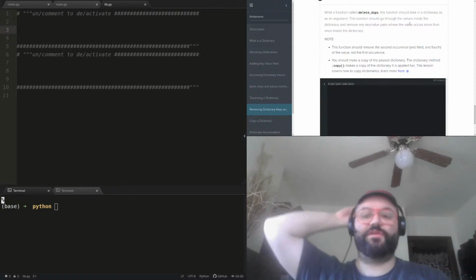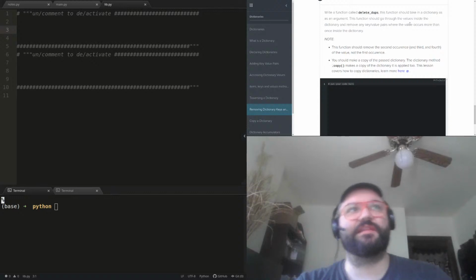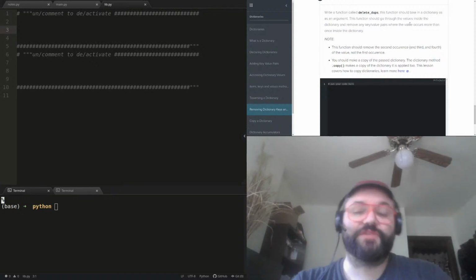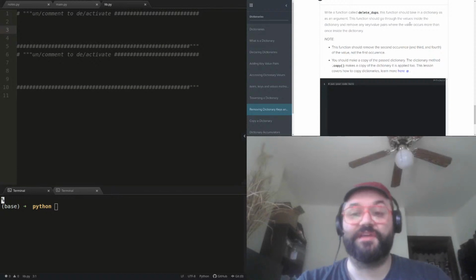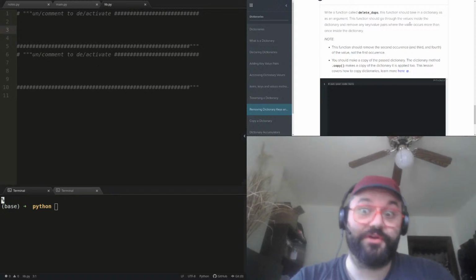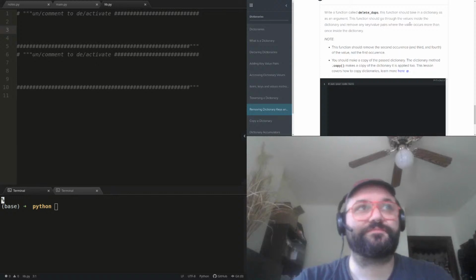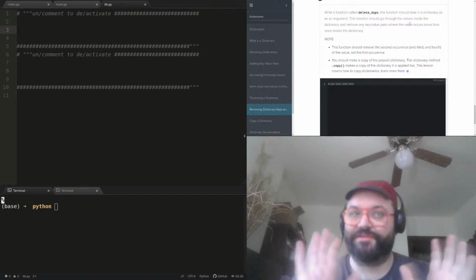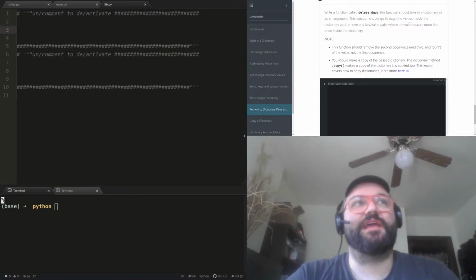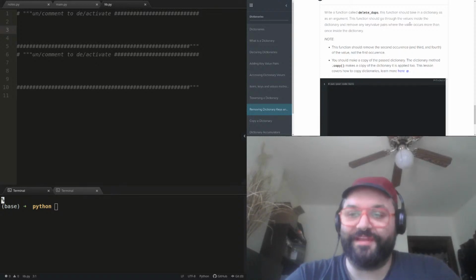Now, I just want you to look at this. It's not that I think error handling is bad. It's not that I think it's unimportant. And what I think is cooler than catching errors that exist is writing functions that throw your own custom errors. We'll talk about that as part of this as well. So I just want to give that little disclaimer. This is something you want to use carefully and with caution, because you can end up digging yourself into a hole that you don't want to be in.